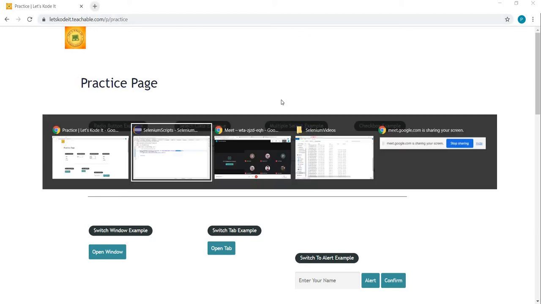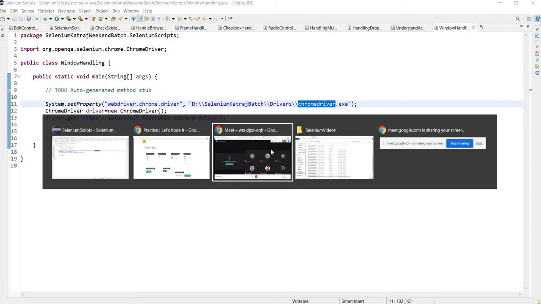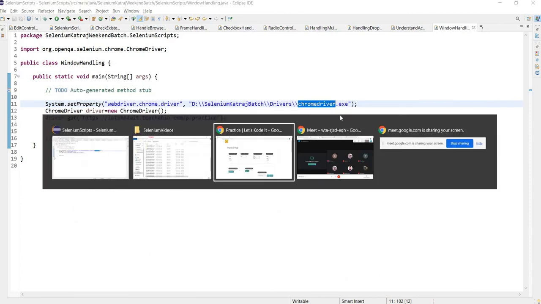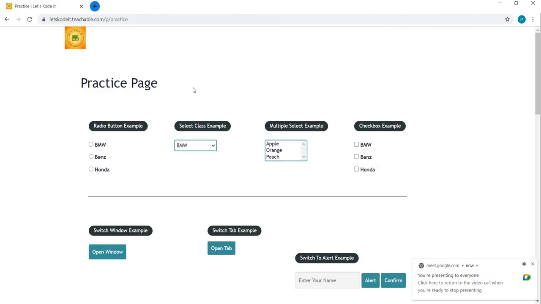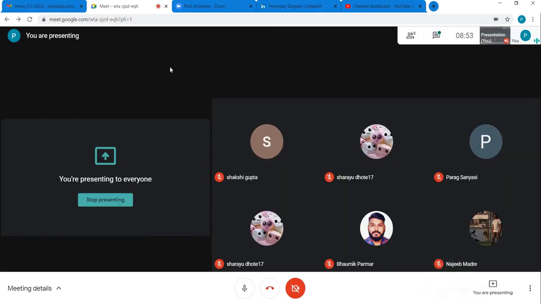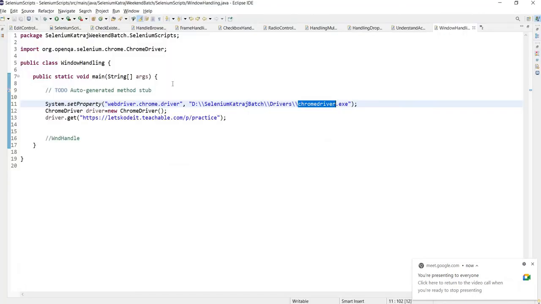So every window, let's say this Eclipse window, this browser window, every window currently opened on a machine has one WND handle property set, and every window has a unique value. So the WND handle of this window is different from the WND handle of this window. The WND handle of this window is again unique compared to any other window which is currently open, right?